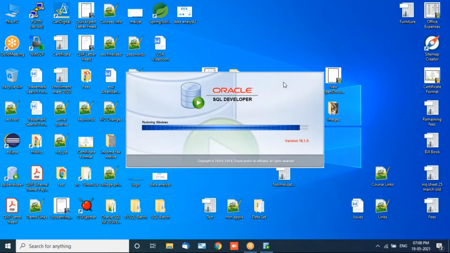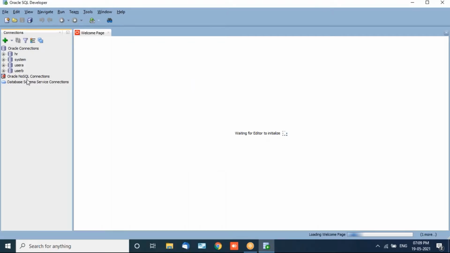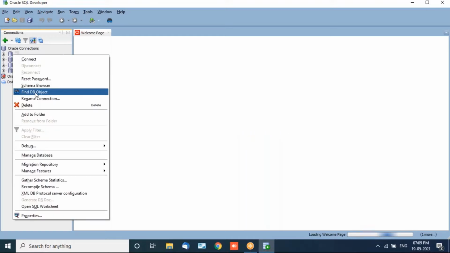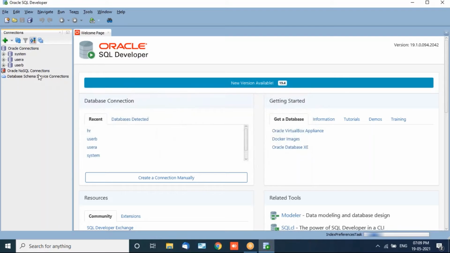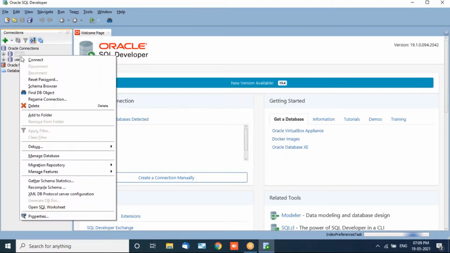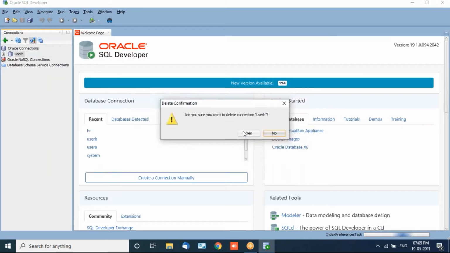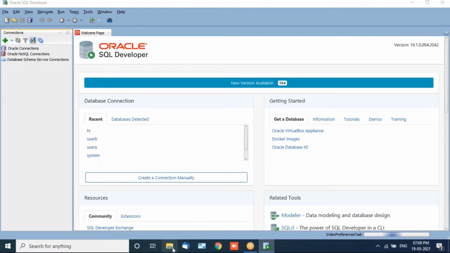Last time I already shared the document, so I'll share it again today, this being the first session. When you open this tool, everything will be blank, so I'm removing everything to show you how it will be in your case. All these connection steps will be given to you. I've already put them in the notepad, so I will show you the notepad right now, on how to connect with the sample database and everything.